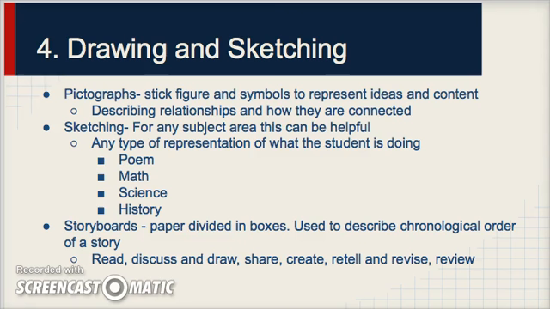The next section is pretty self-explanatory. It's just about drawing and how that can help get ideas across, and sketching and how that can help us in our mind. So pictographs are just stick figures and symbols that represent ideas and content. This describes relationships and how they're connected and what really went on in the story or in history or how it works. Sketching is about the same thing, but it's just a type of representation of what the student is